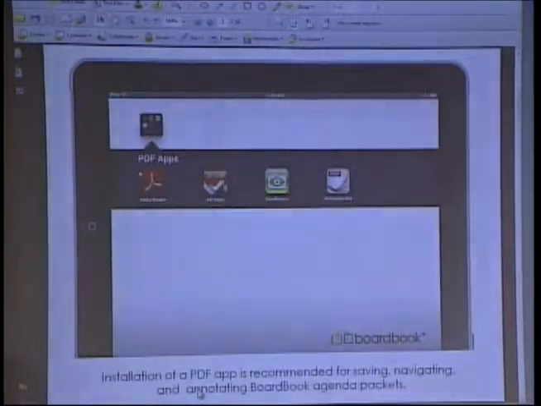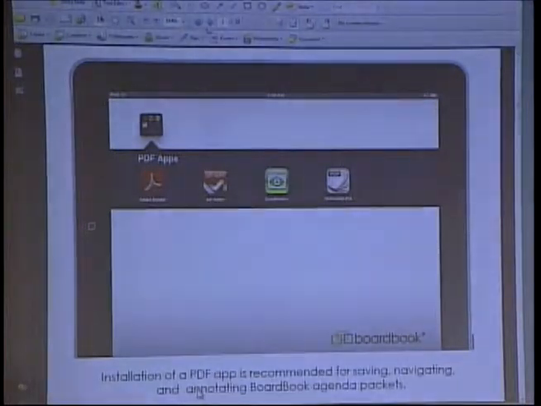First thing you want to do is install a PDF app. Adobe Reader is a real simple app. They now offer commenting capability, sticky notes and highlighting, a signature stamp in their free app, so that's really good news. For those wanting more robust annotation tools and the ability to password protect save files, we would recommend GoodReader. I think most of our users are using GoodReader. This is a $5 app. The Adobe Reader app is free. There's a couple of other choices here that some of our users are using as well.